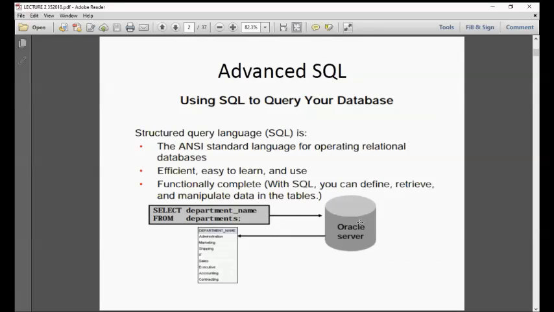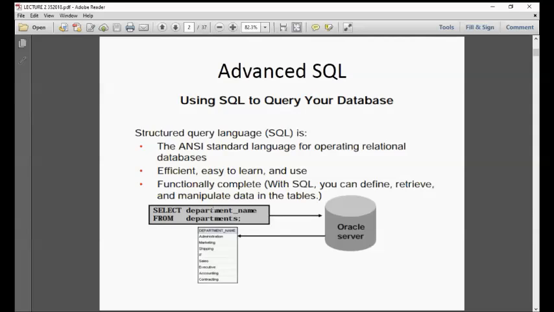So what does SQL mean? It means structured query language. So this is your department name. So where is this coming from? Department name and departments. Remember the HR schema? HR schema, remember the seven tables, they have departments, and department has a column, department name.